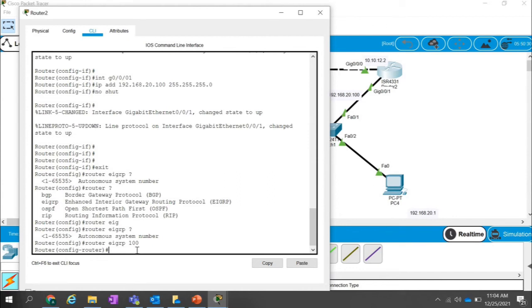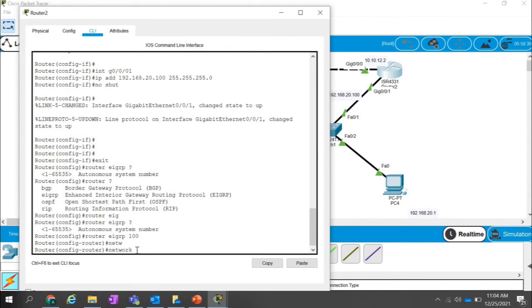You are just doing things with your eyes closed because somebody else is guiding what you have to do. So router EIGRP 100, and now I have to advertise the network, just like in OSPF or RIP if you remember. So now I'm going to give the networks that I want to insert in this EIGRP.